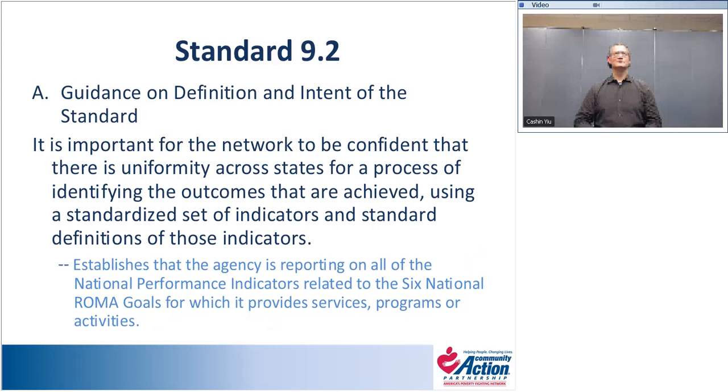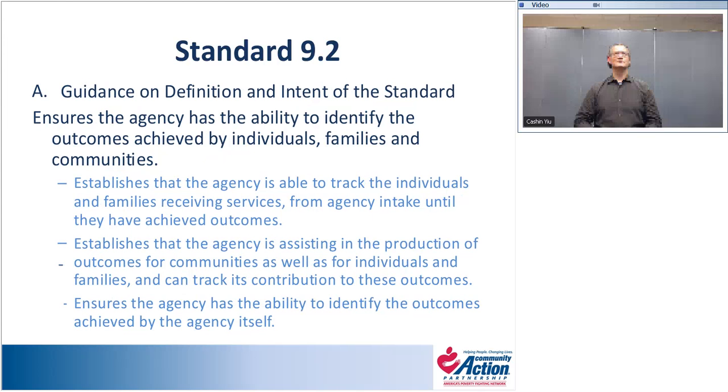It's important that the network shows that there's... so let me just go back here a second. So in this whole process of outcomes, particularly at the individual level, but at the community level as well, we know that people don't always achieve outcomes in a single year. So looking at your tracking system to say, can you show progress towards outcomes? And that's not required in this standard, but it's something to think about now, and we'll talk about it as